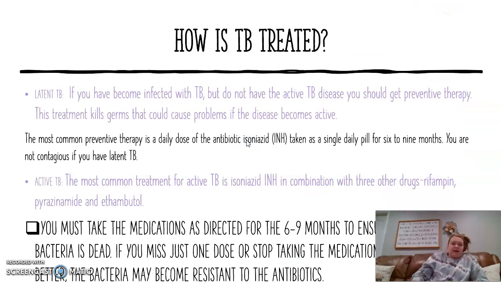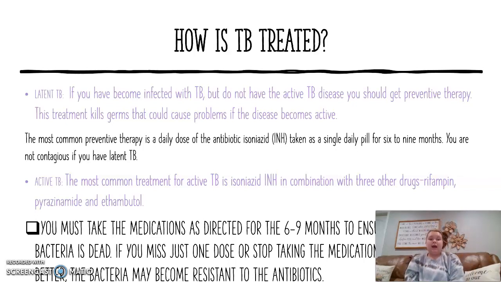How is this bacteria treated? If you become infected with latent TB, but it is not active yet, you should get preventative therapy. This treatment kills germs that could cause problems if the disease becomes active. The most common preventative therapy is a daily dose of the antibiotic isoniazid, also INH, taken as a single daily pill for 6 to 9 months, sometimes 9 to 12 months. You are not contagious if you have latent TB, remember that,